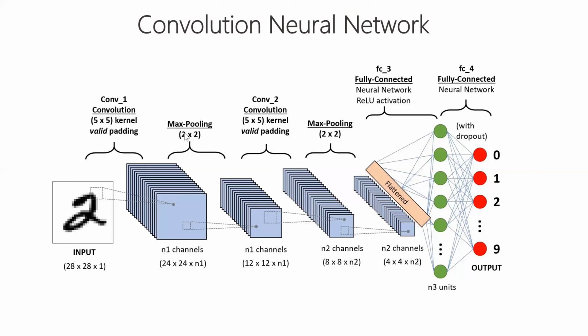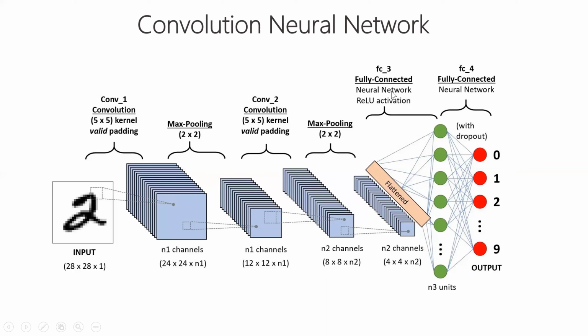As of now, just consider there are two convolutional layers. In between them, we have a max pooling layer of 2 cross 2. Here we have a 5 cross 5 convolutional layer 1, and another 5 cross 5 convolutional layer 2. Between them we have one max pooling layer, and obviously we should have a fully connected layer, right? So at the end we will have a dense layer or fully connected layer. Between that fully connected layer and convolutional layer 2, we have another max pooling layer.